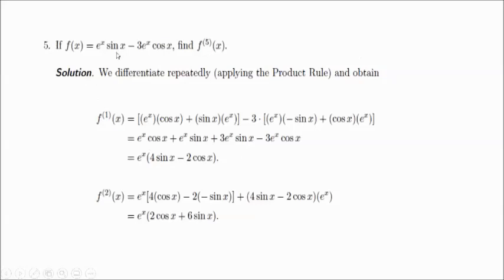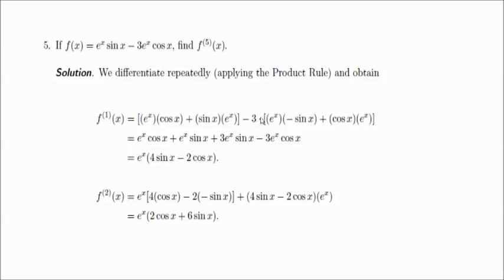Fifth derivative nito. Ito, medyo mahaba to. So first, again, derivative ng e raised to x is e raised to x class. Take note. From here, so meron trigo. Product rule. E raised to x, derivative ng sine x is cosine x. Okay? And then plus sine x, derivative ng e raised to x is e raised to x. Minus